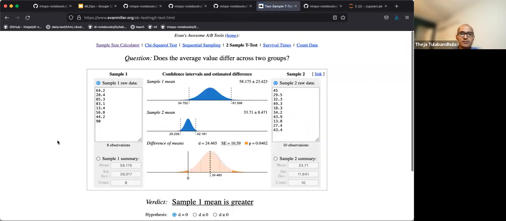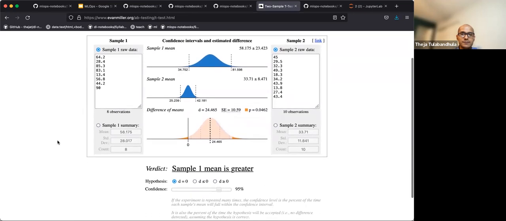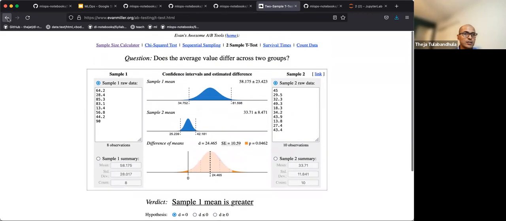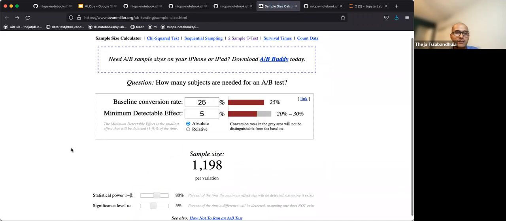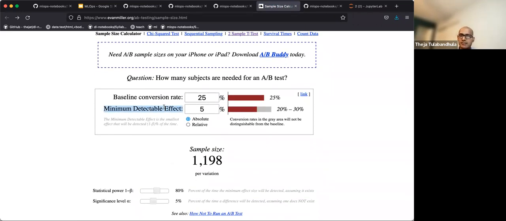Let's go back there. So yeah, let's stick to conversion rate. So let's say the minimum detectable effect size is 5%, just like I mentioned, and baseline conversion rate is actually 20%. It's the same as before. Sorry for that. It's an absolute 5% improvement over baseline conversion rate. So we are talking about conversion rates instead of 20 minutes versus 25 minutes. So let's just change to 20% conversion versus